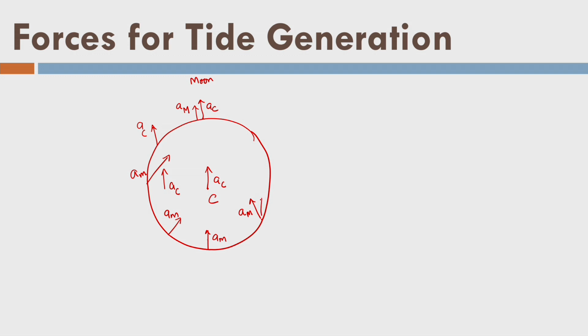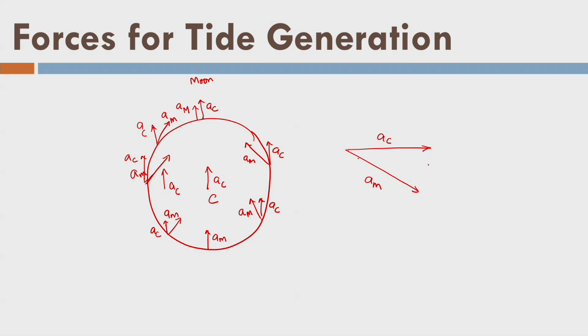What about the AC? AC is like this. Here at this point, if I draw, AC is like this, and this is my AM, and so on and so forth. Here AM will be like this. So you can see here AC, and AM is this one. So this is my AC. The direction vectors are not shown in proportion to the force value, but just as indications. Now, if I make a vector sum, I can see that at any point there is one AC here and there is one AM here.